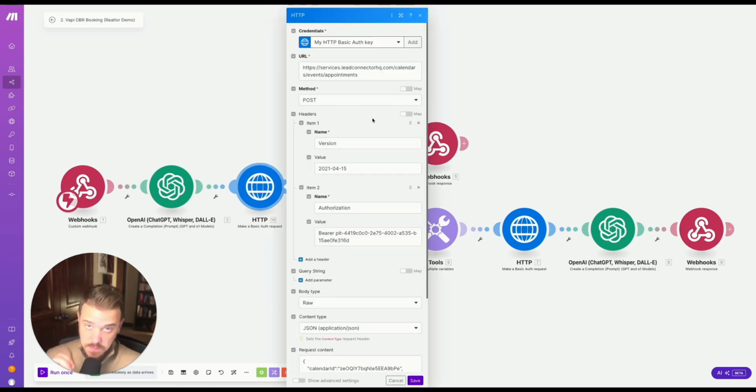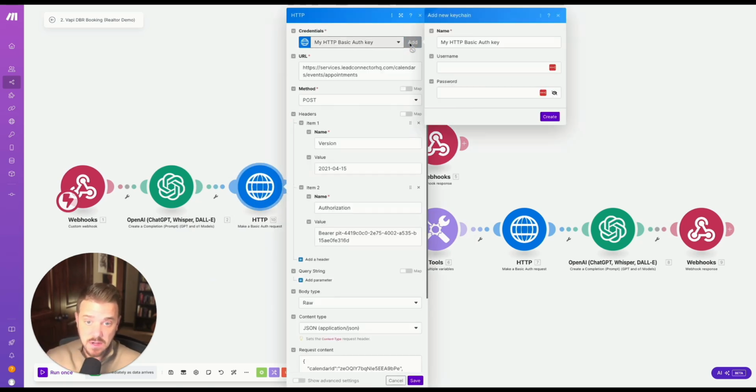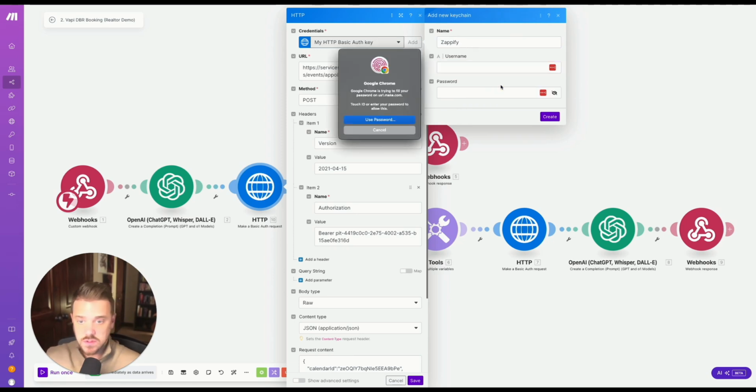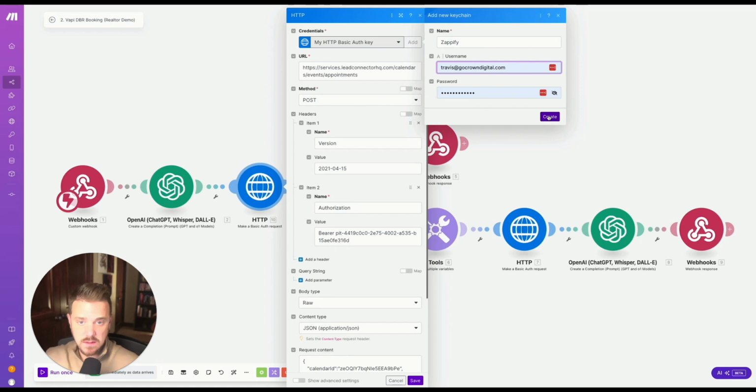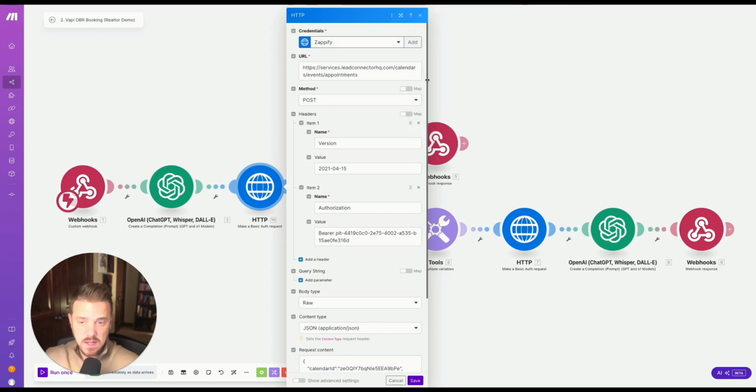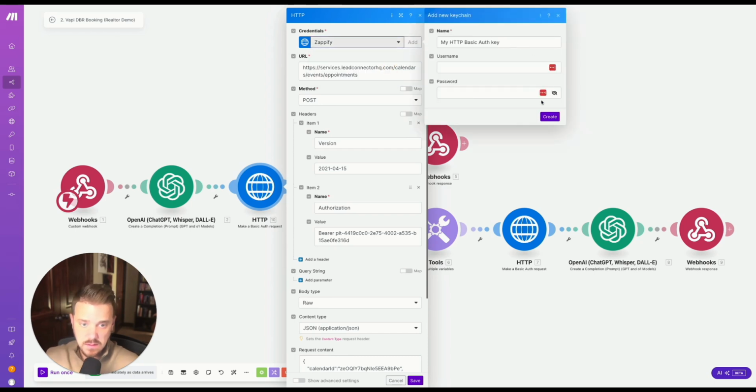Now this HTTP call, we're going to need to set something up here because I don't have this actual account here. We're going to need to do the username and password deal, and we're going to have to authenticate here. So we want to add,